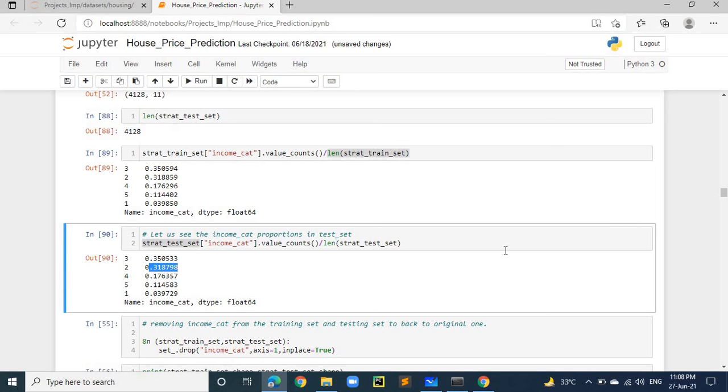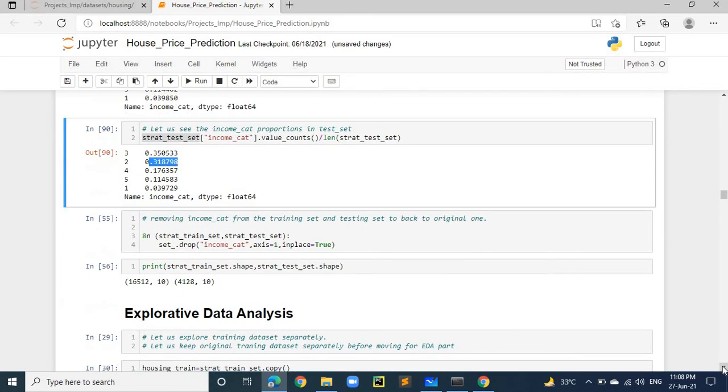So homogeneously it has been divided into training and test by using this stratified sampling. So what we have done is we have created the training and test data set.